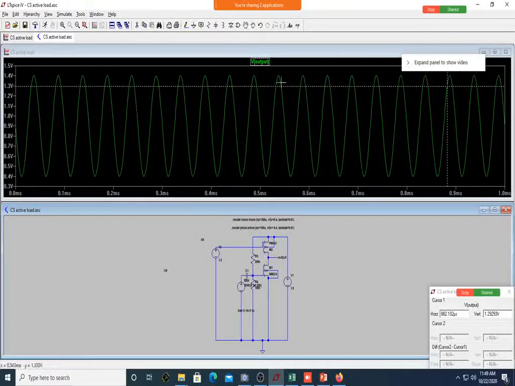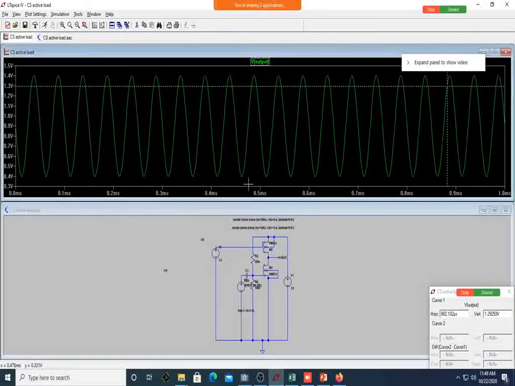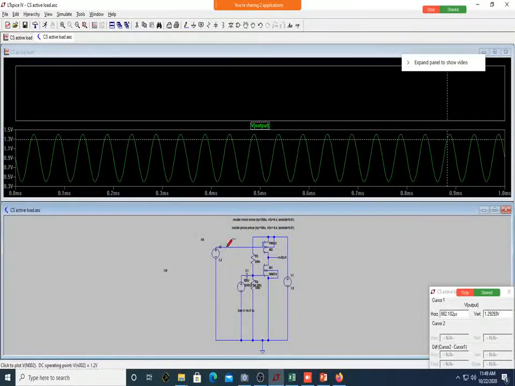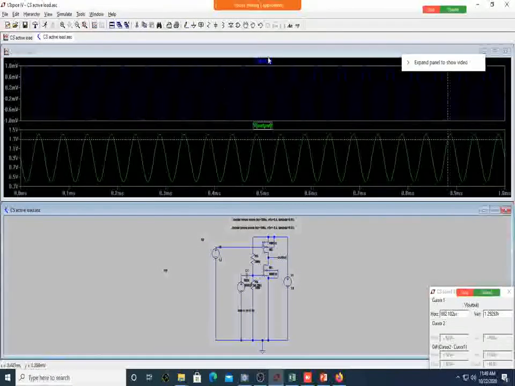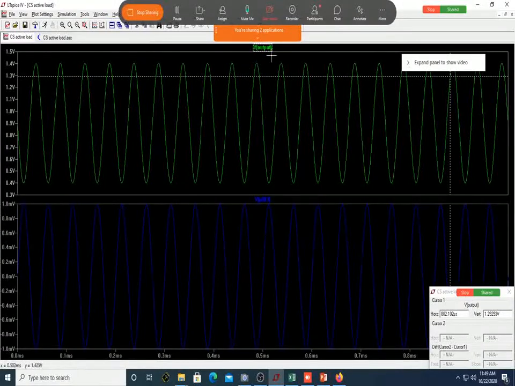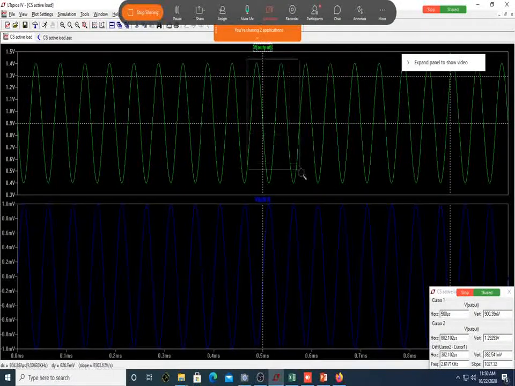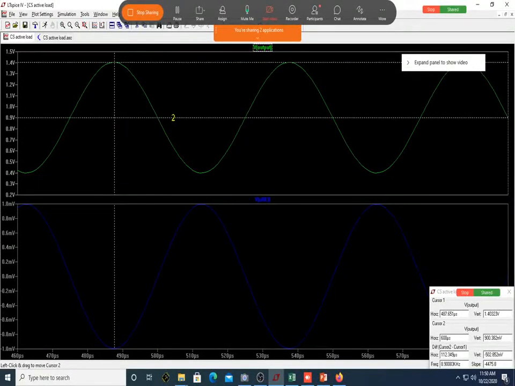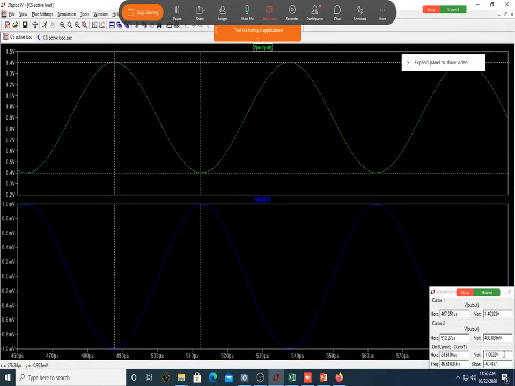I think now you're getting it. I will add plane, and then add the input voltage also. Can you see this output peak to peak? This is one peak, and this is the other peak. How much is the output peak to peak here? The vertical difference. Is it 1 volt? Yes, 1 volt is the difference.